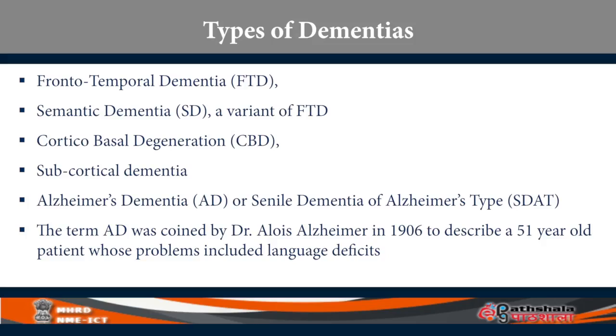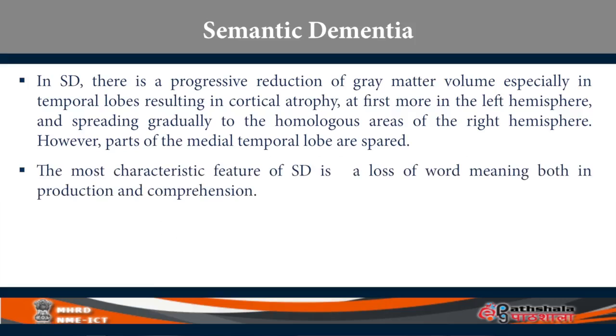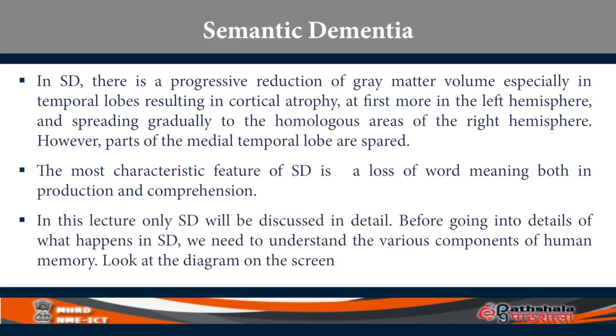But the focus of this module is semantic dementia. In semantic dementia, there is a progressive reduction of grey matter, especially in the temporal lobes. Initially, it starts in the left hemisphere and gradually it can spread into the right hemisphere. Also, parts of the medial temporal lobe can be involved. One of the characteristic features of semantic dementia is loss of word meaning, both in production as well as comprehension. And before going into details of what exactly happens in semantic dementia, we need to understand the different